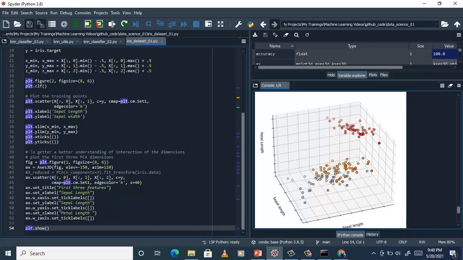So let's not bother about that, but for the time being, whatever the 3 dimensions are showing, let's conclude that the gray and yellow classes may create a problem of misclassification, and red is going to be classified very properly. Just by observation we can conclude this, and that was all for this